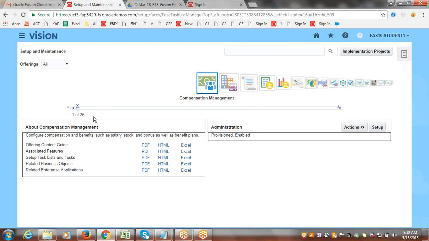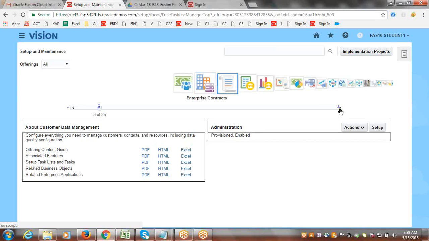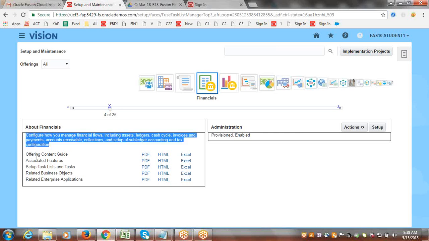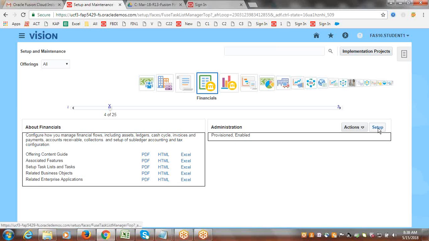There are 25 offerings available within this. You can click next, next, next. This is our financials. Here you could see, for finance, the same description they gave and the content documents. And here you have a setup action. If you click on this setup,